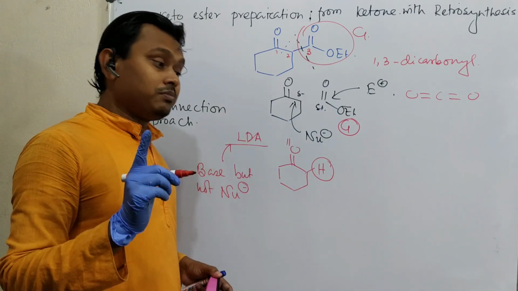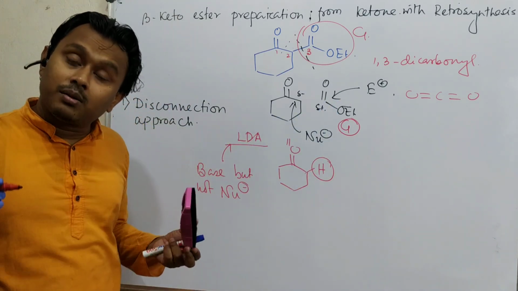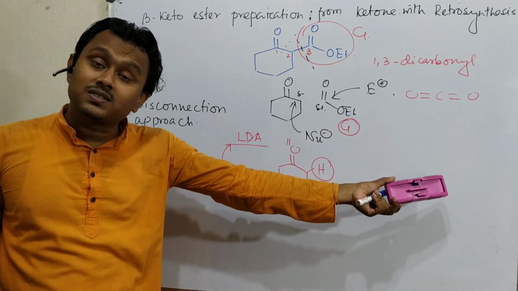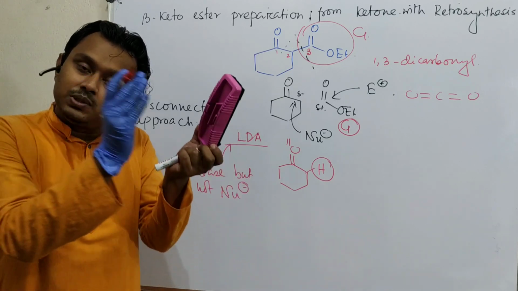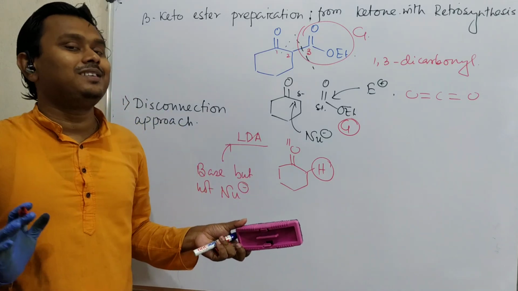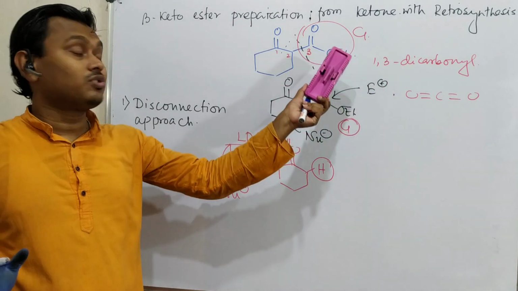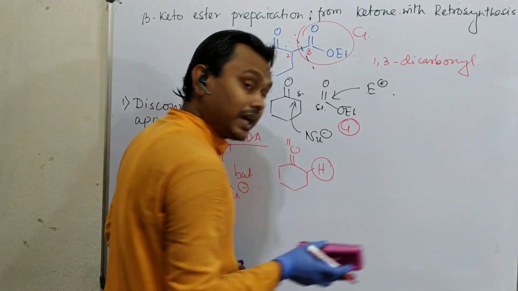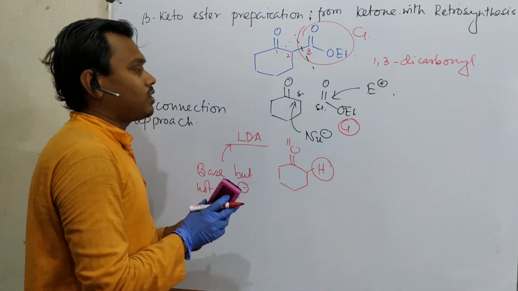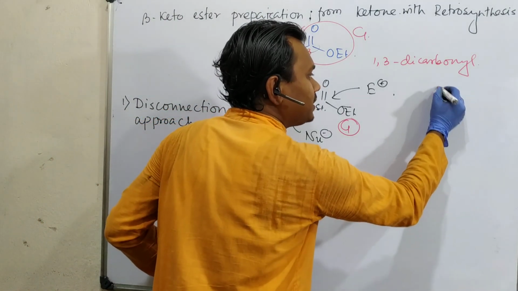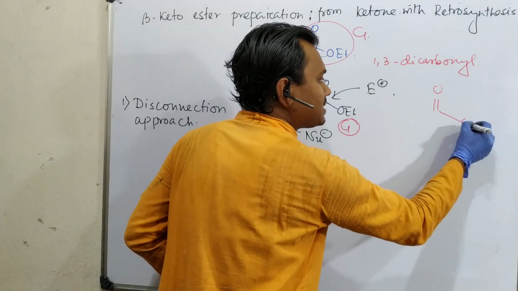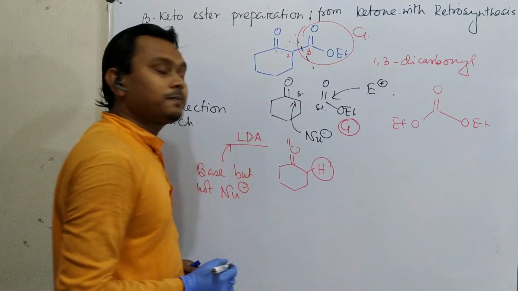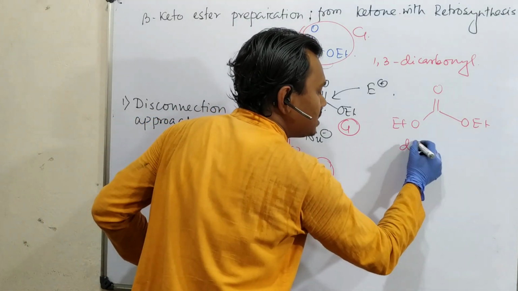So just remember, reaction of magnesium, organolithium, means Grignard reagent, butyl lithium with carbon dioxide, what do they result? A carboxylic acid with increase of one carbon with respect to the parent reagent. Fine, but this is acid, not ester. So what do we need? A derivative of carbon dioxide. Why I am choosing this, I guess you have understood. So what is the derivative? The ester of carbon dioxide is diethyl carbonate.